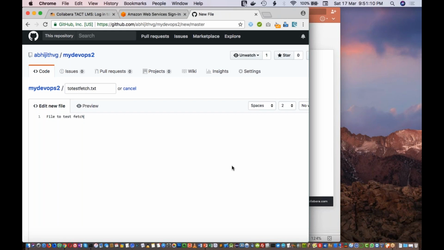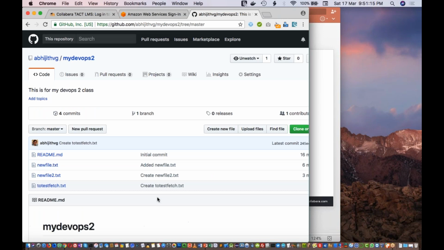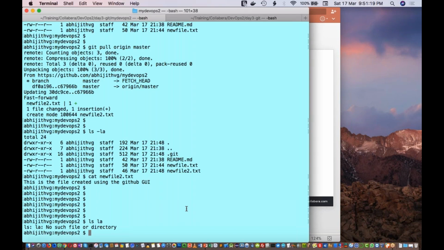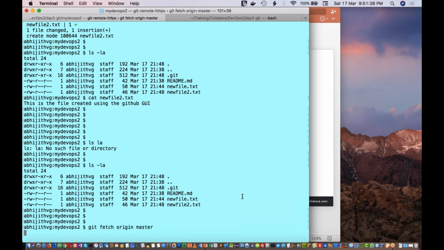Now if you go here and run ls -la, you can see that that particular file is not in my local repo. If I execute git pull, then it will pull that file to my local repo. That you know, right? Now what if I do git fetch origin master? It says that it has pulled the thing. But if you run ls -la, you can see that the file is not coming in my local repo. So it will pull the latest changes, but it won't create the file in your local repo. Now if you go to git log,